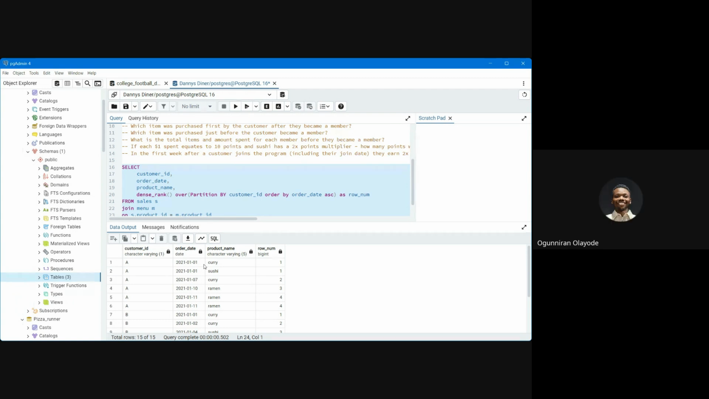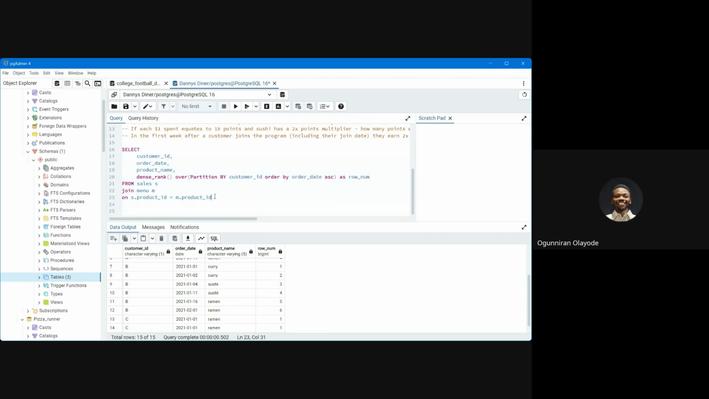Now, if you come to customer B, you can see that for the 1st of January, he only ordered curry, and that's why it's giving it 1. So it's giving them this row number based on the order date. And customer C actually ordered 2 products that same day. So now if I wanted to get the first item that each customer ordered,